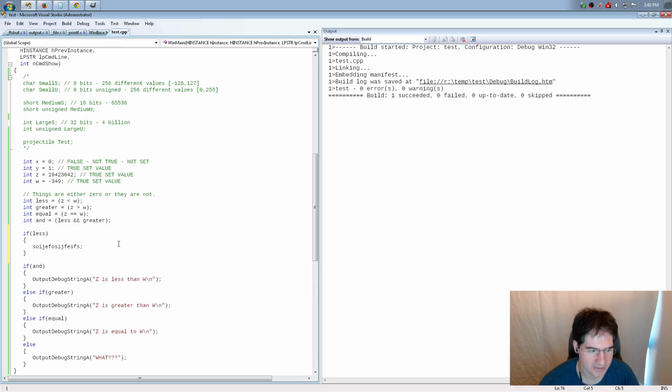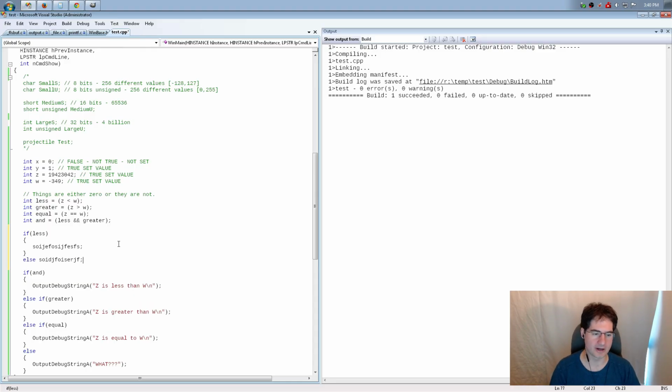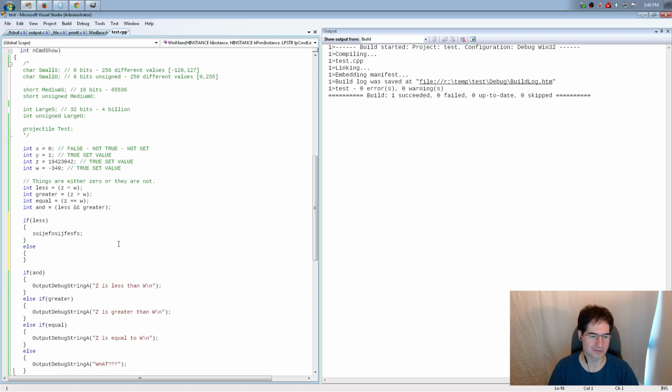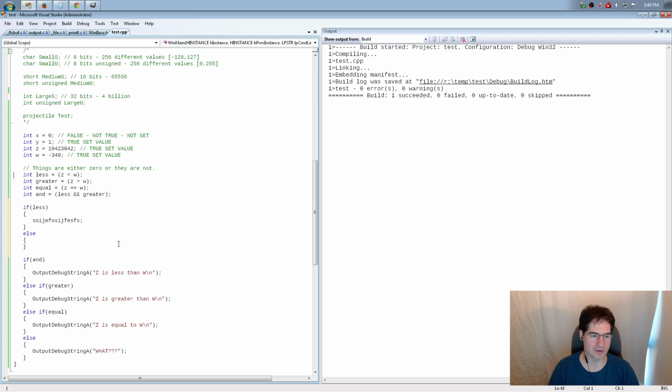Same is true on the else. If you want to, you can put the code right there. But I never do that. I always use braces. That is really just a personal preference, but I think it's a more solid and more reliable way to keep things from accidentally spiraling out of control if you happen to be using macros or other things like that.